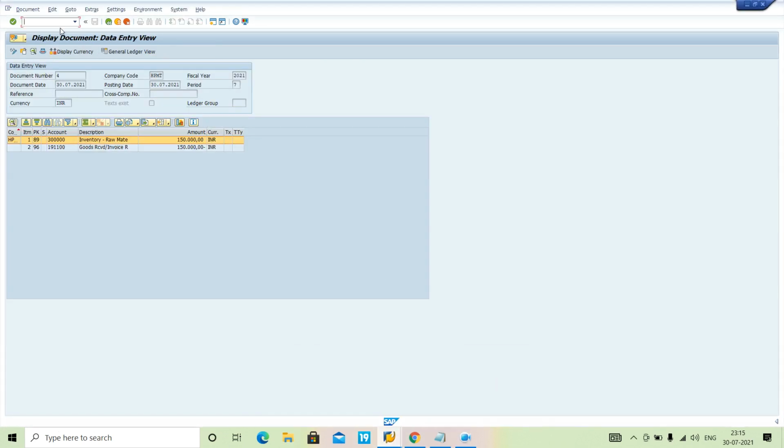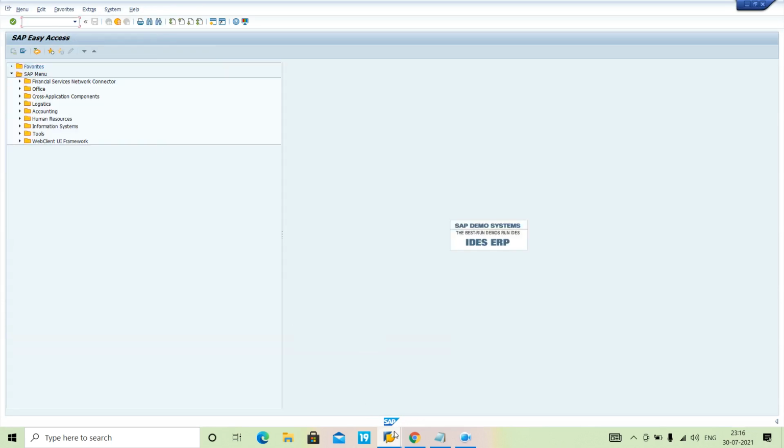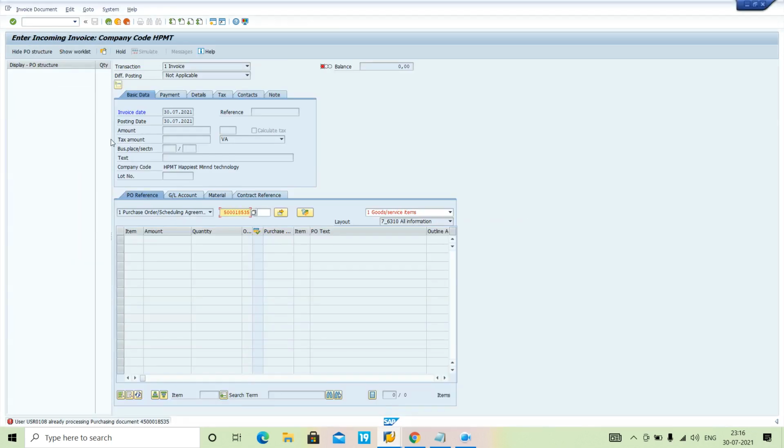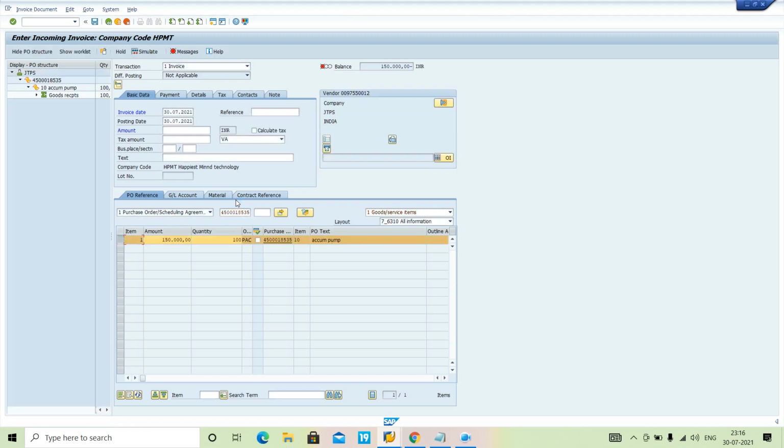It is open here now actually, that's why it is showing that error. No issue. I'll just enter the /n. Okay, I think I have entered the wrong purchase order number. Yeah, this is my purchase order actually.